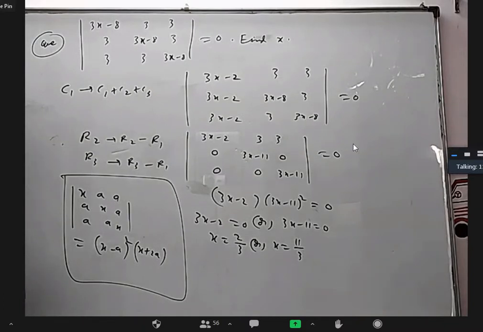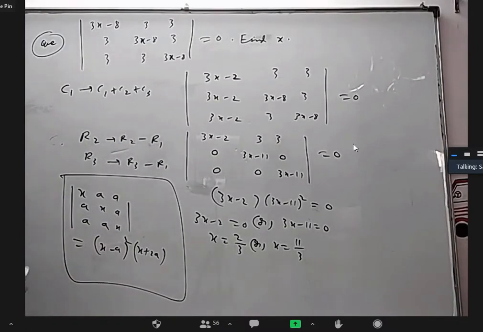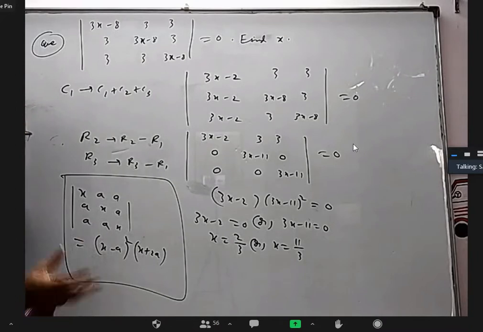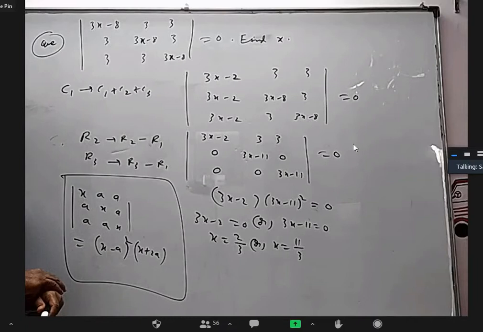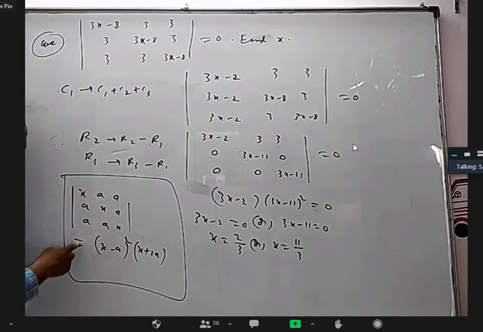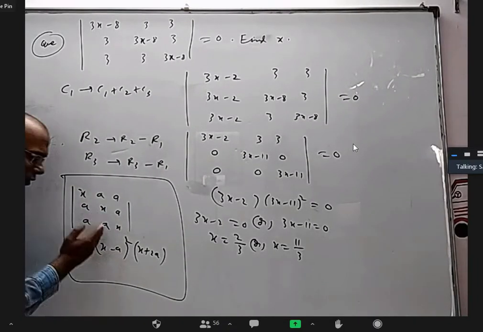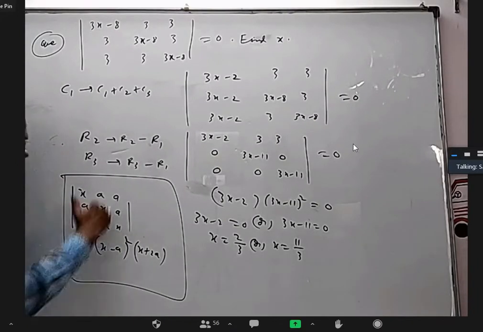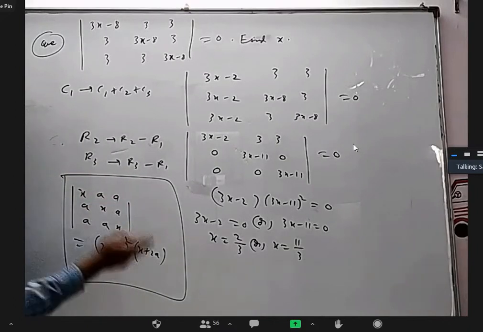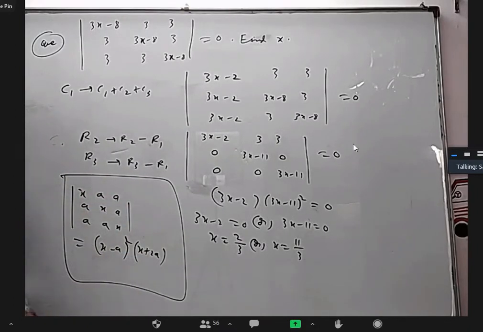These types of problems, if they are given with x and a, when diagonal elements are equal and other elements are also equal. It is not necessarily about whether diagonal elements are equal or not. Just by looking at the question, if you feel that x equal to alpha, you can guess it, which can help you to make 2 columns equal, it is a factor. Here you can easily say when x is a, these 2 columns are equal, so x minus a is a factor. Even these 2 columns are also equal, I should say factor twice at least. And apart from that, when I add all, I'll get x plus 2a, x plus 2a, x plus 2a. So directly x plus 2a will become common in one row. Is it okay?